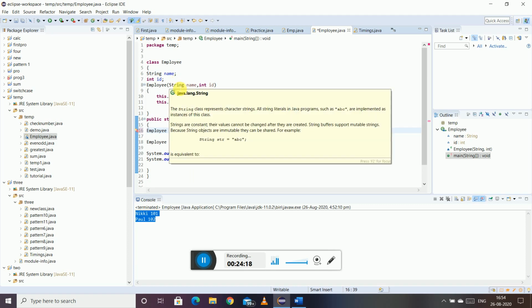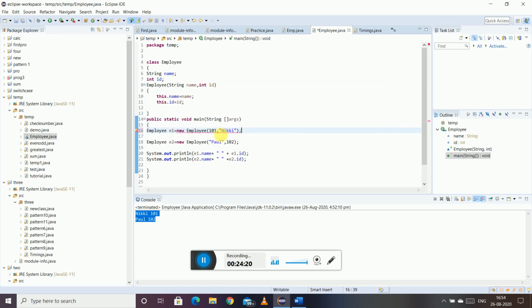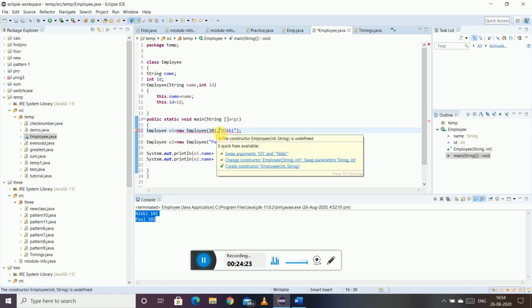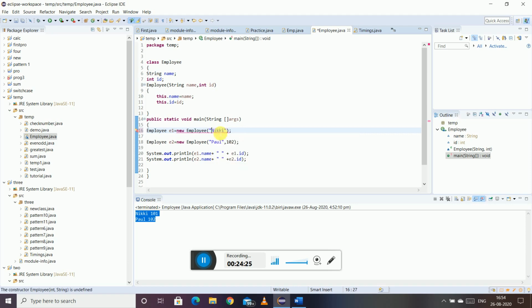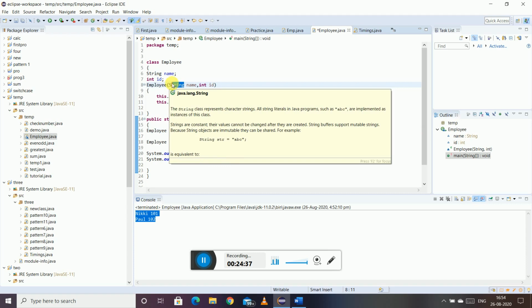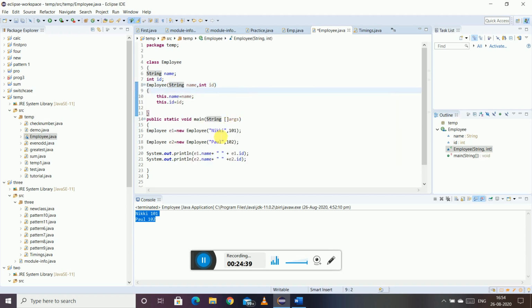You have a constructor which has string first and int afterwards, right? So if you are calling any parameterized constructor, you need to provide the values corresponding to the data types of the variables. If first you have a string variable, then you should provide the string value first, and if you have the integer value later, then you should provide that integer value later.